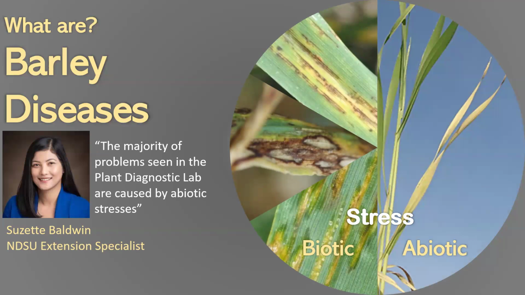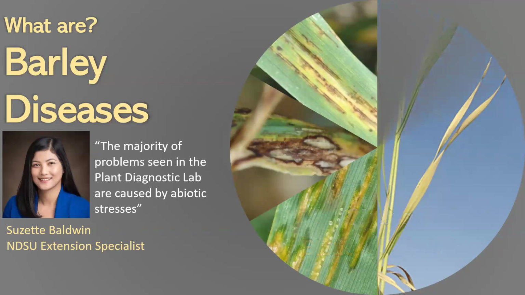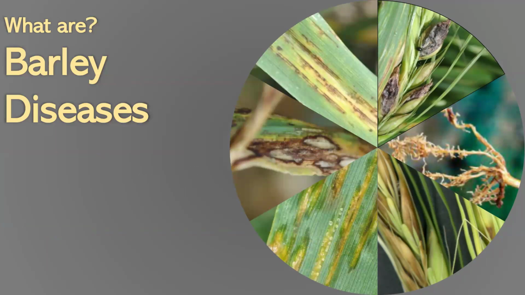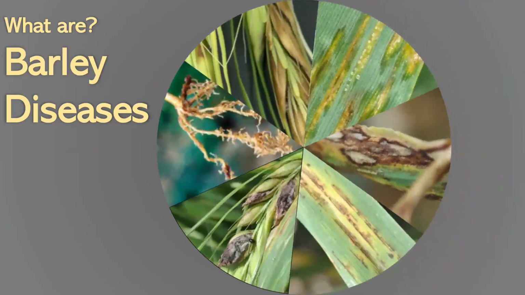But some of the times she gets in samples that look like this, the biotic stresses, where particular patterns of disease, whether it be leaf lesions or symptomatic coloring, like we just saw on the last slide, are being caused by an organism which is manifesting those symptoms. And we want to obviously treat those differently. So completing our wheel here of things that we don't like are some of the diversity in barley disease that you can see in the field. And we'll just keep this nice wheel here to help guide us forward